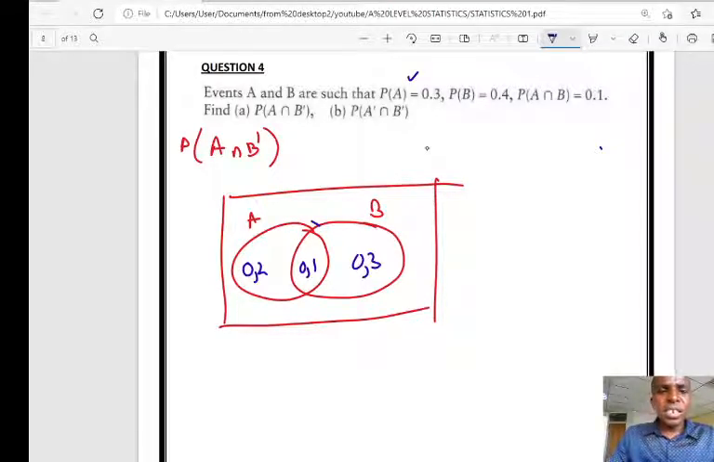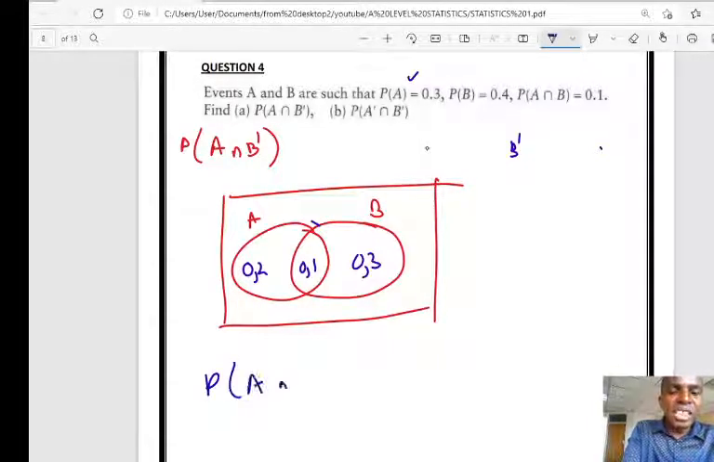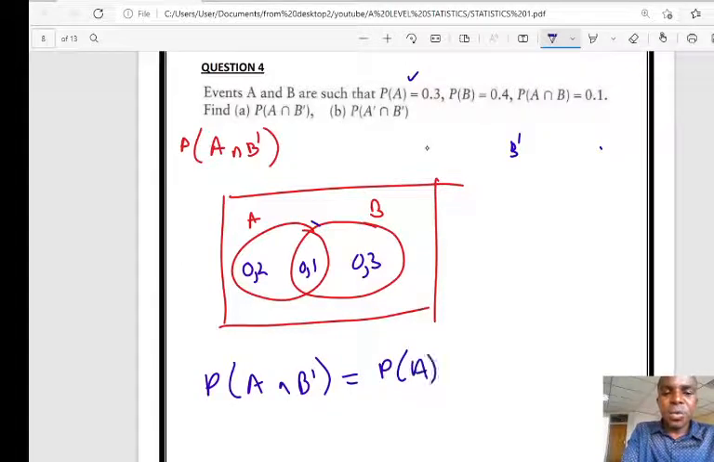Then find probability of A intersection B complement. B complement means what is outside set B and found in A. Outside B and found in A. And in this case, if you check here, probability of A intersection B complement, what is outside B and found in A, is 0.2. Then next part B,